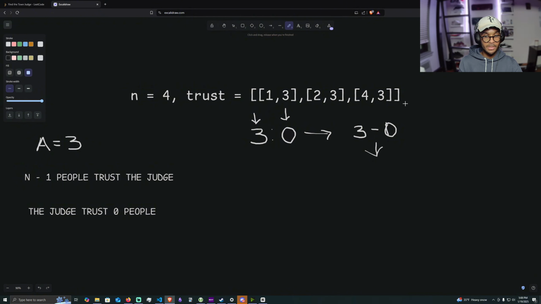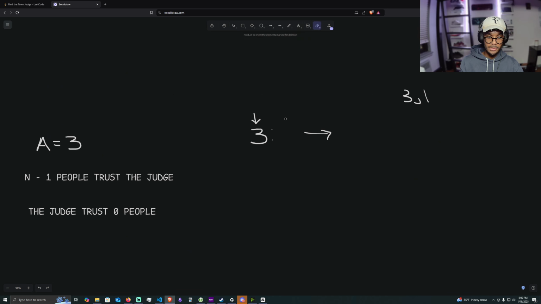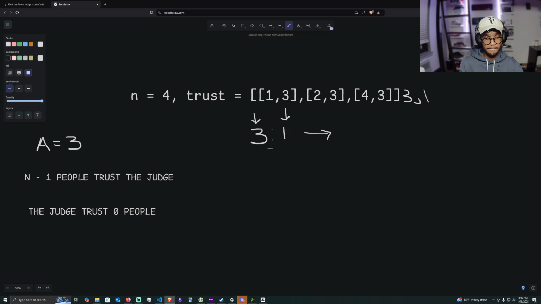And we're doing the subtraction because let's say we had a number here, like 3, 1. So we'd get all the way here. Oops, I accidentally erased the wrong thing. Scallydraw just loves to act up sometimes. Anyway, let's say we see that 3 trusts 1. So you trust one person, so now the people you trust score goes up. So we do 3 minus 1. That would be a score of 2. And as you see, our answer score is 3. And so they are no longer in contention to be the judge.